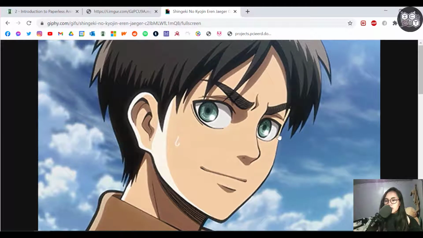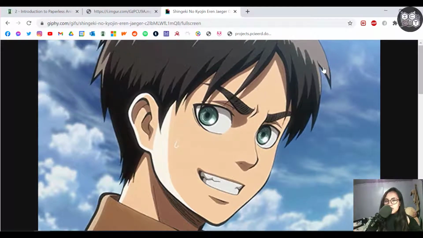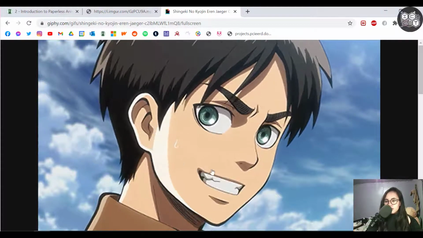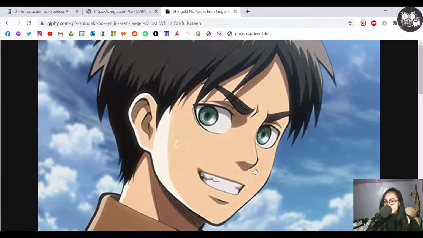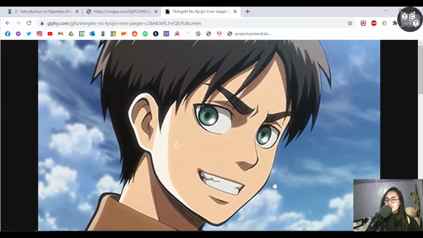If you were to notice right here around the right side where the eyes and the nose are, there's this very thin line. You also can see it towards the hair strands around the right side, not so much on the left side. So you can see that the lines right here are thinner. They tend to look a little bit more porous, meaning that the lines don't really look very solid. They almost look a little bit gray,